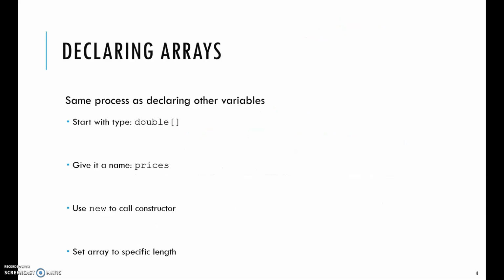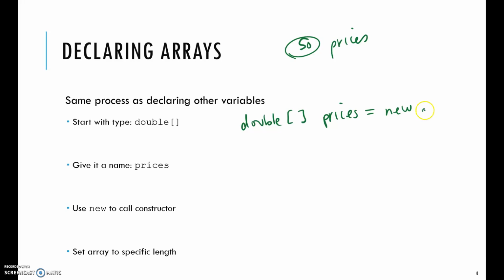So if we were to break this down, let's say I wanted to create an array to hold 50 prices. Prices are of type double, so I would say double array, meaning that I'm going to hold an array of double values. I'm going to call it prices, and then I will say equals because I'm creating a new object. I will say new, and then this array is going to have 50 slots. So I would say new double, and then I would tell it I wanted to create an array of 50